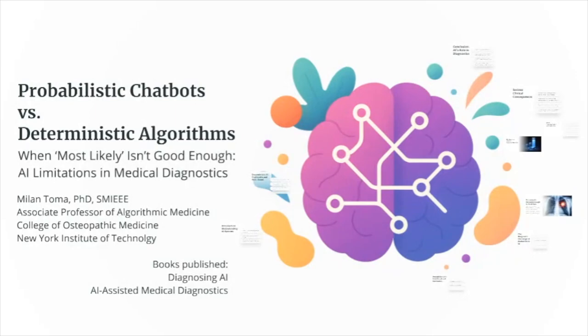As we begin, I want to highlight a vital and often neglected distinction in artificial intelligence, one that becomes especially important in medicine. There are deterministic AI systems, which are task-specific machine learning algorithms designed for consistent, validated outputs. And then there are probabilistic systems, such as chatbots, which generate responses based on statistical likelihood rather than fixed rules. Today, I'll explore why this difference matters and why relying on probabilistic chatbots for medical diagnostics can lead to serious risks. Our goal is to understand not just how these systems operate, but why usually correct is not safe enough